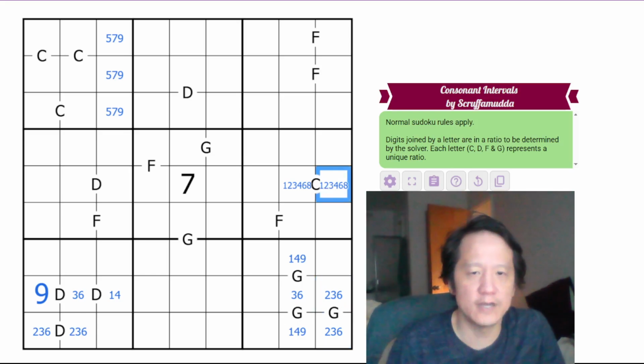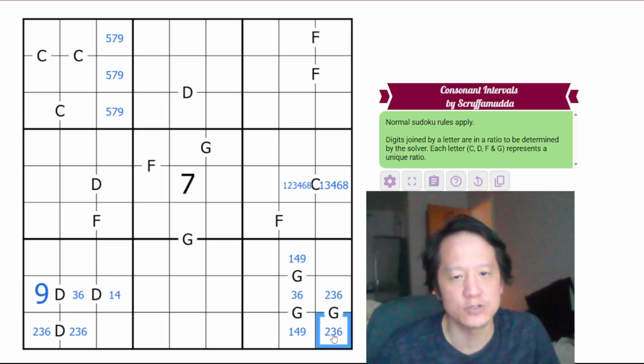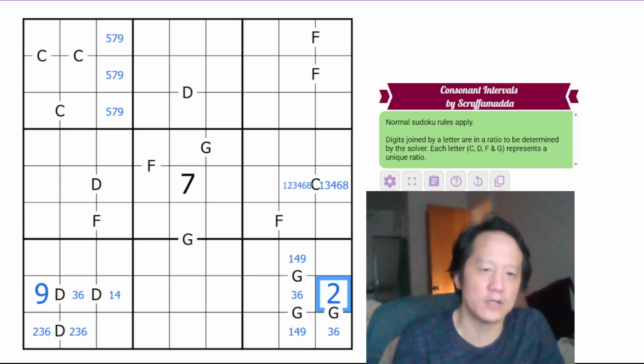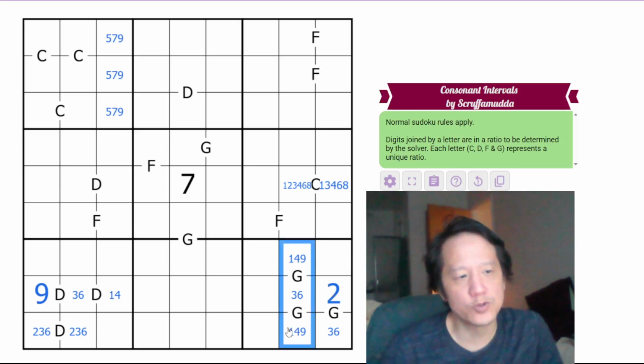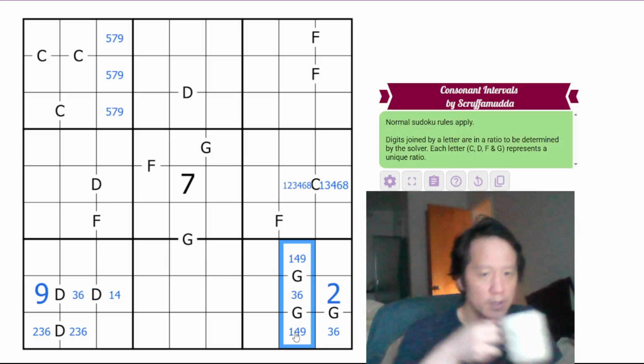Well, this can never be 2 because one of these digits is a 2 here. This can't be 2 here because one of these two digits is a 2. Therefore, this is guaranteed to be a 2 here. Okay, so G and D are either a 3 to 2 ratio or a 1 to 3 ratio. F,